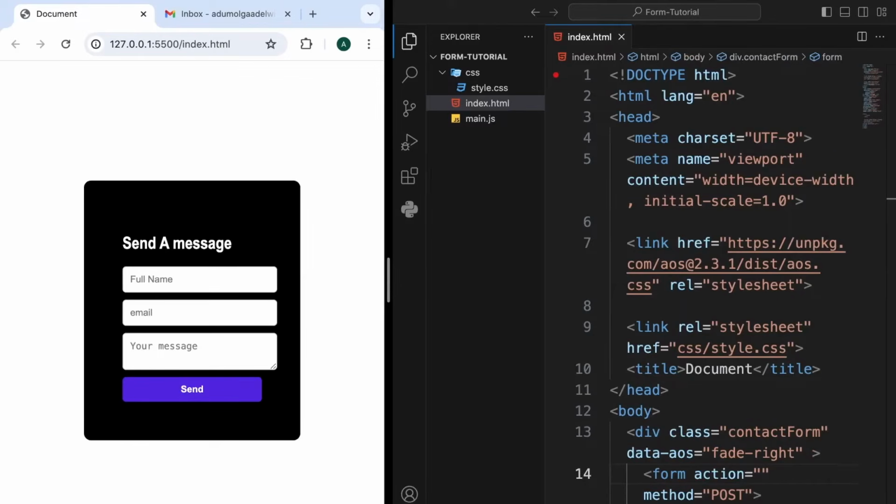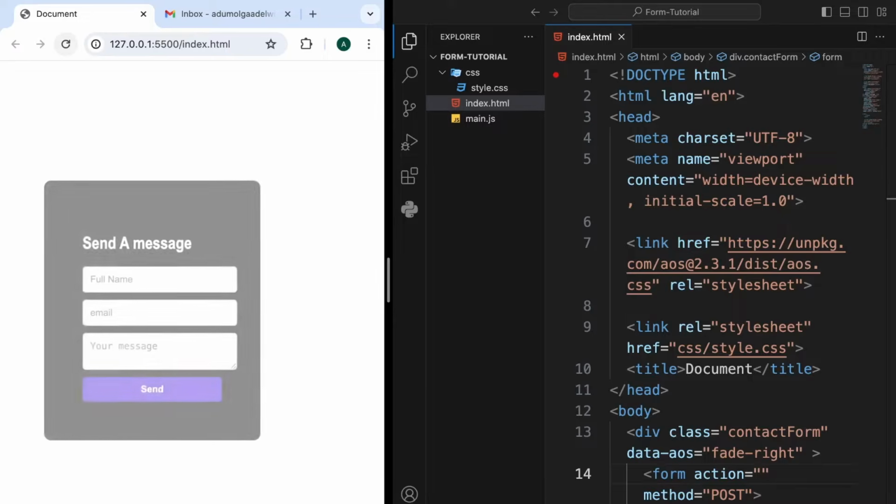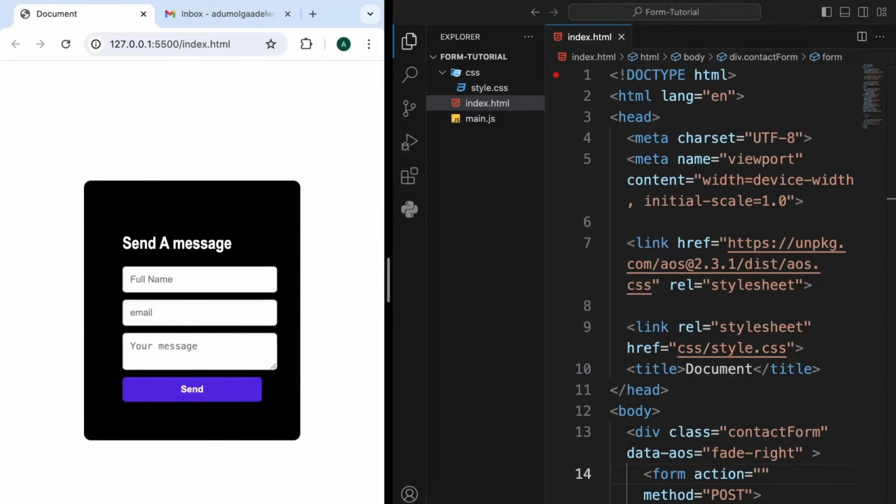Alright, so in our previous video, we created this form and added some animation on scroll. So if you refresh the page, you see that. Now in this video, what we're going to look at is how to actually submit this form. If a user submits any content through this form, you should be able to receive it